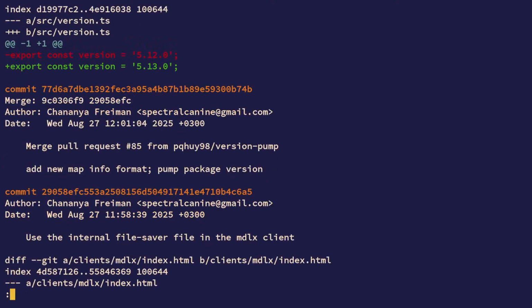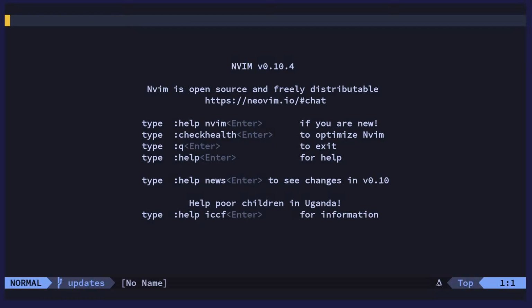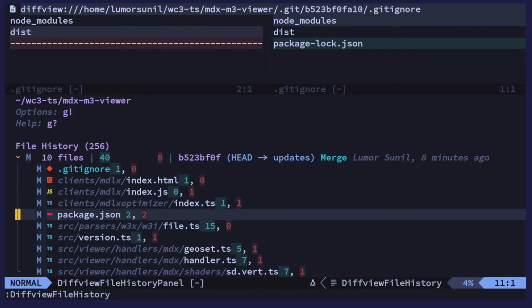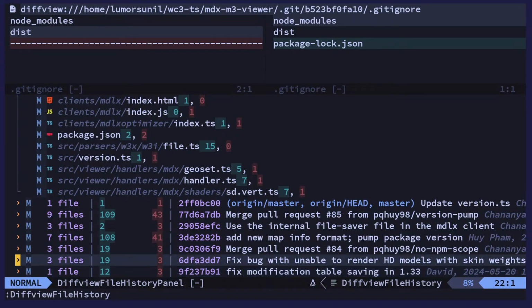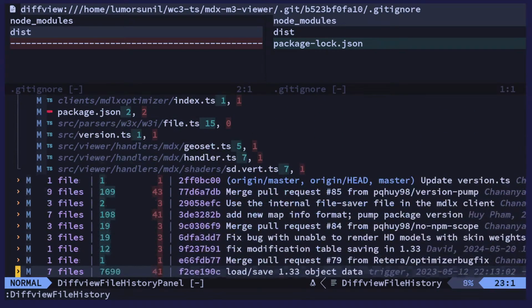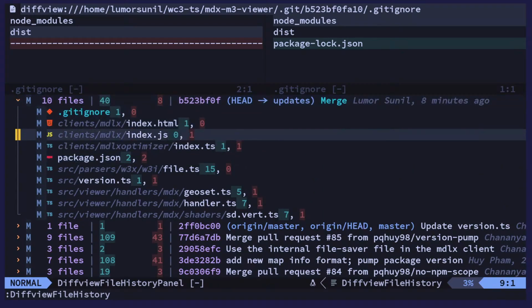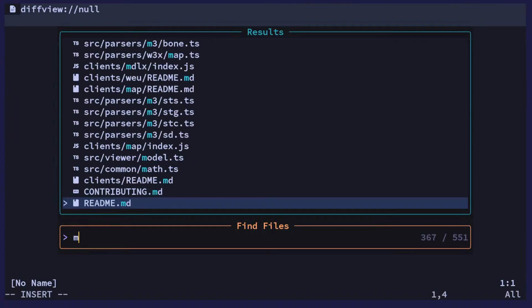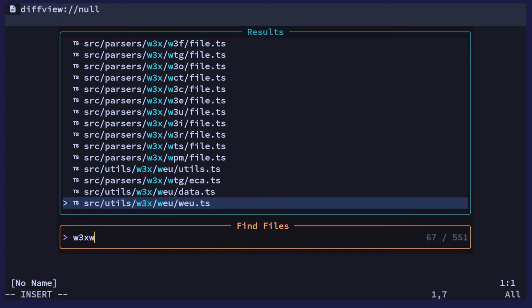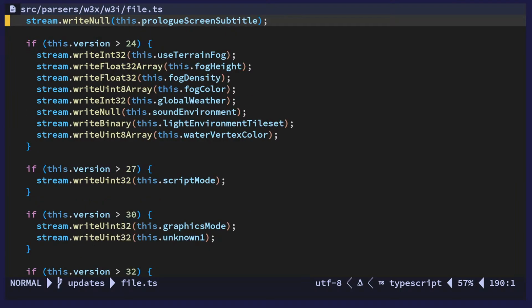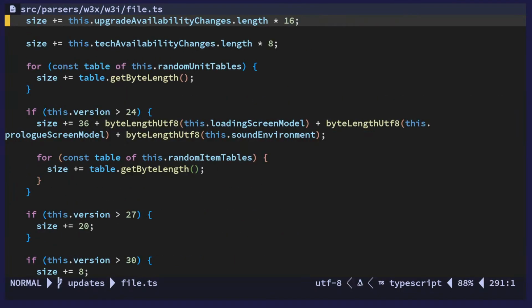Oh, we can't see that. God damn. Which one was it? I don't know. Anyway,